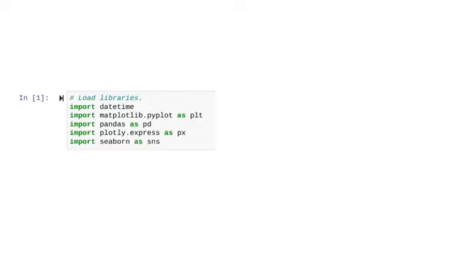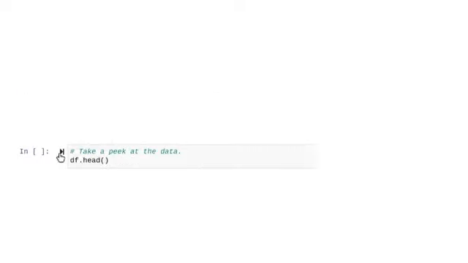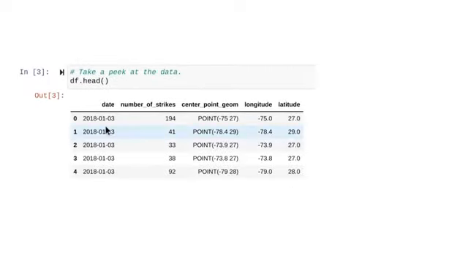First step, as usual, we will import the Python libraries and packages that we need for input validation. You'll notice we have pyplot from matplotlib, pandas, plotly express, and seaborn. Next, with our lightning strike data libraries and packages all imported in our notebook, let's use the head function to take a look at what we have in terms of columns and the top 5 rows.